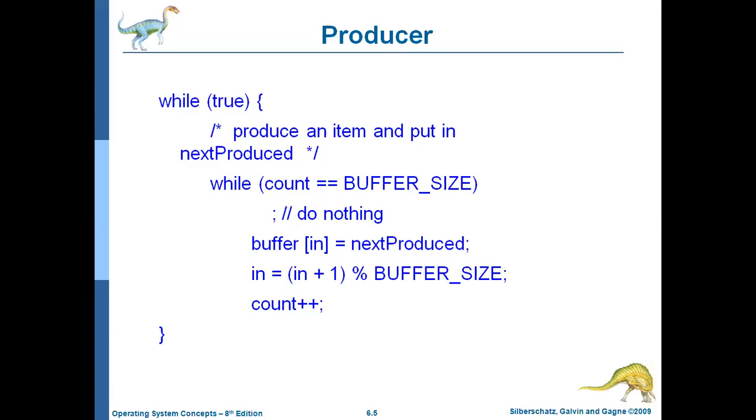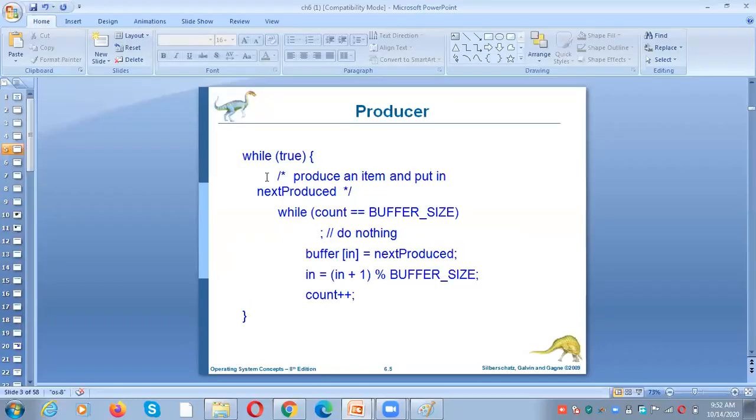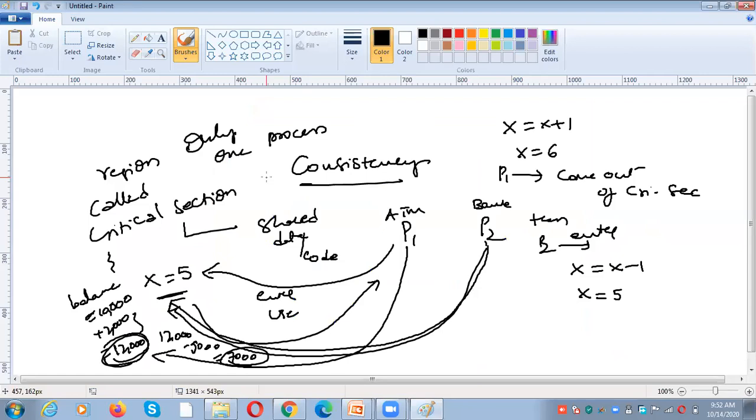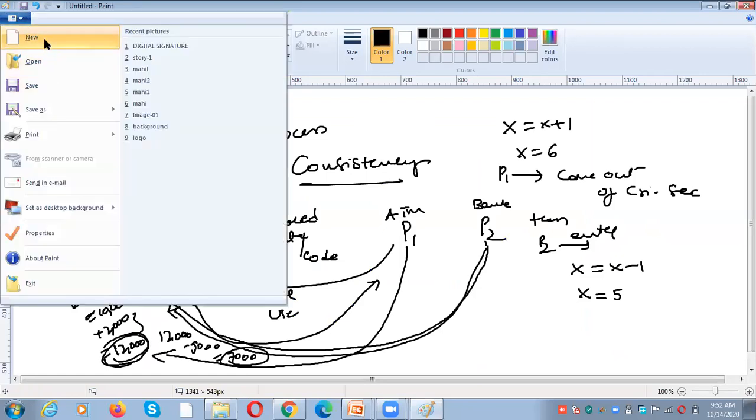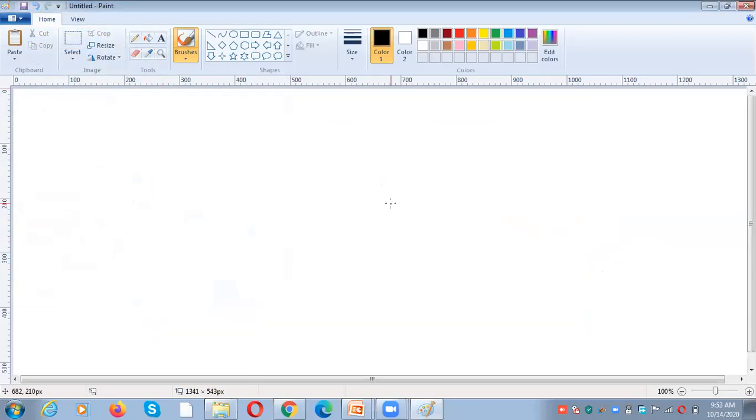So what is the producer and consumer problem?